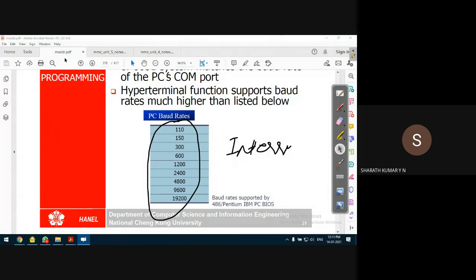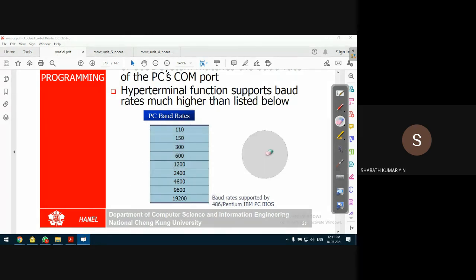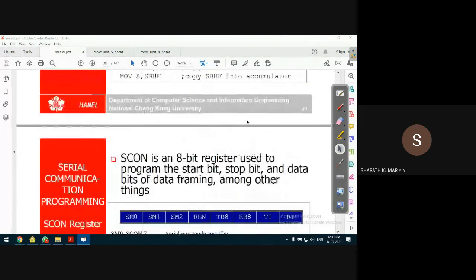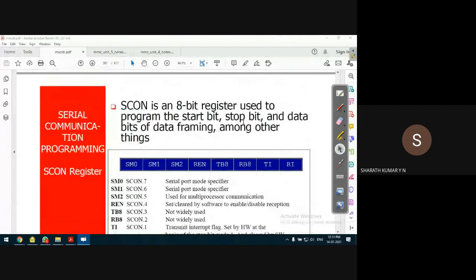That should complete our serial communication part. We have limited the serial communication part to include other topics. After that, we have to take up the processor part. As a part of the serial communication discussion, we have to discuss the serial communication controller and the SBUF register. Possibly we may spend this week on serial communication.